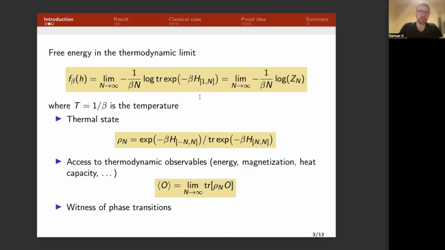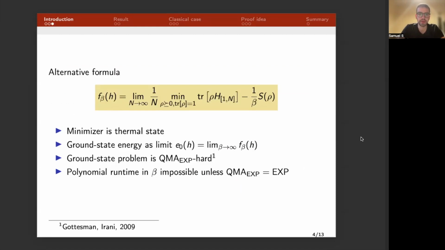This way of introducing the free energy as a log partition function is a bit more combinatorial. An alternative formula is given as follows. You can instead, again, define the free energy as a limit of the system size going to infinity and normalize by the system size. So actually the free energy density. And for each system size, you minimize this functional, which for a given physical state gives you the energy of the state minus the